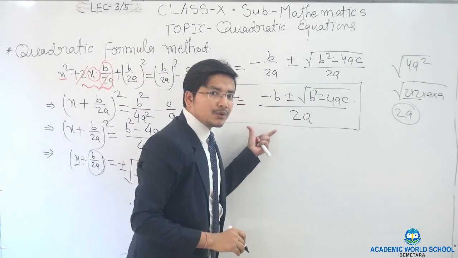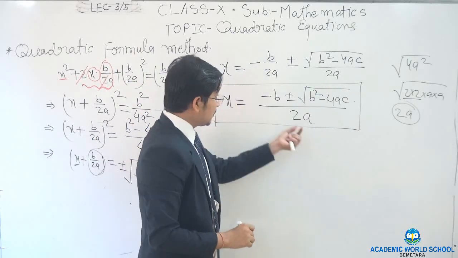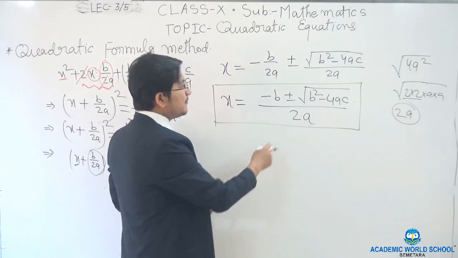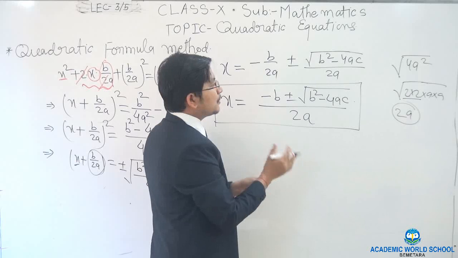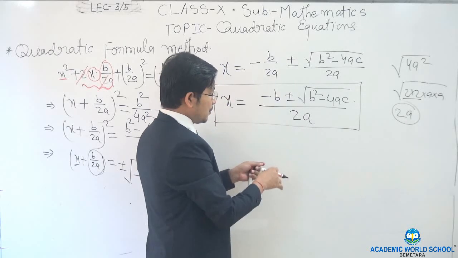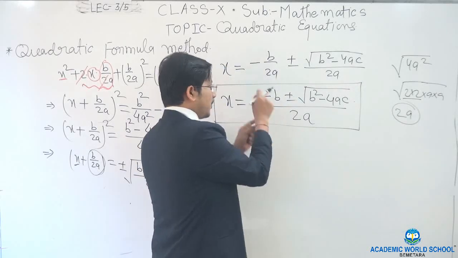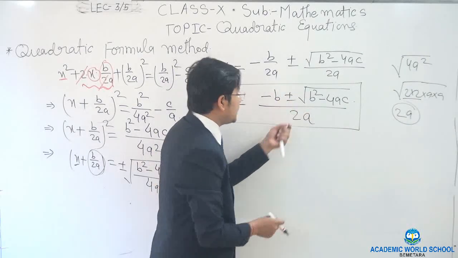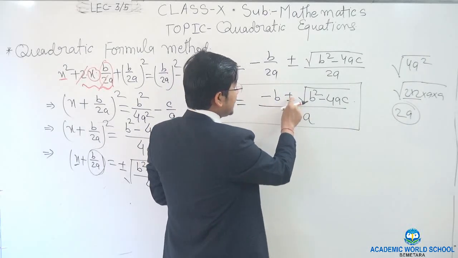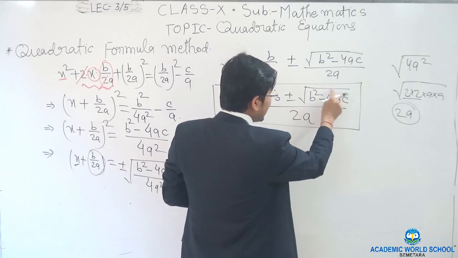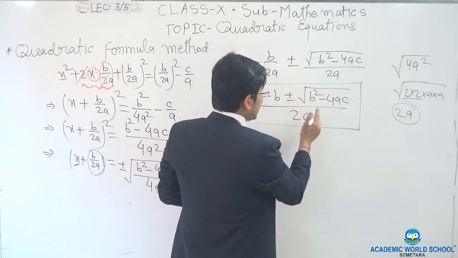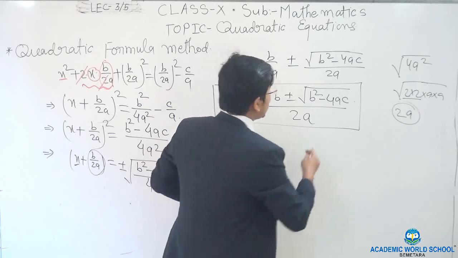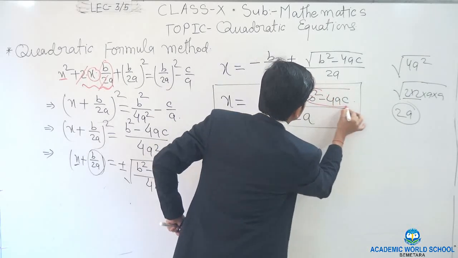And this is the very simple quadratic formula. We have derived this. Listen, we simply know this formula, but we don't know how to derive it. So we have learned how to get this formula. So this is x equals minus b plus minus root of b square minus 4ac upon 2a. And now listen, the term which is inside the root, that is b square minus 4ac.